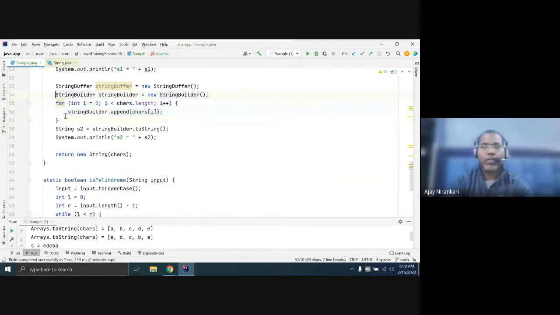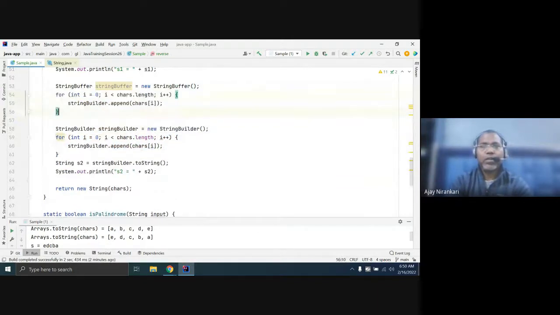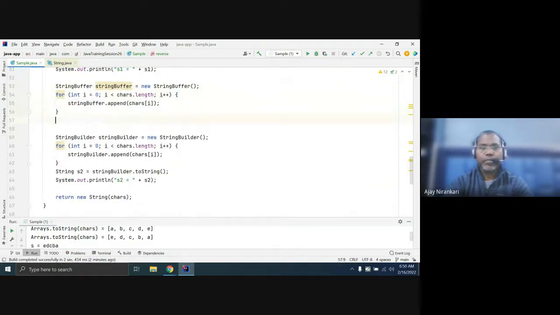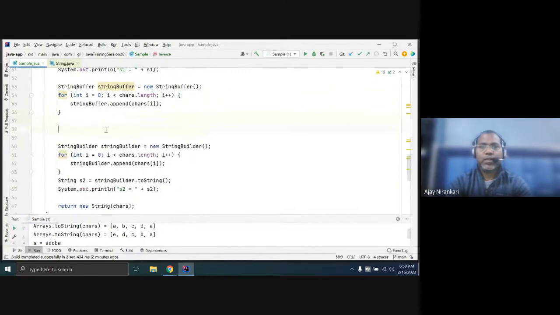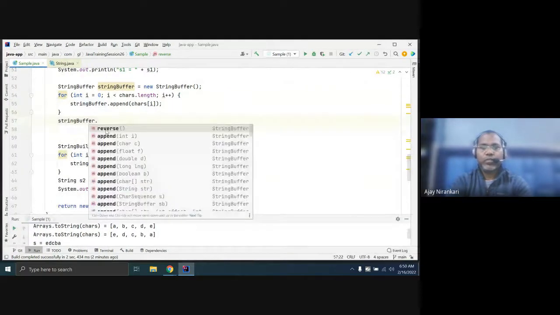Here you can just write String, and here say string dot toString.